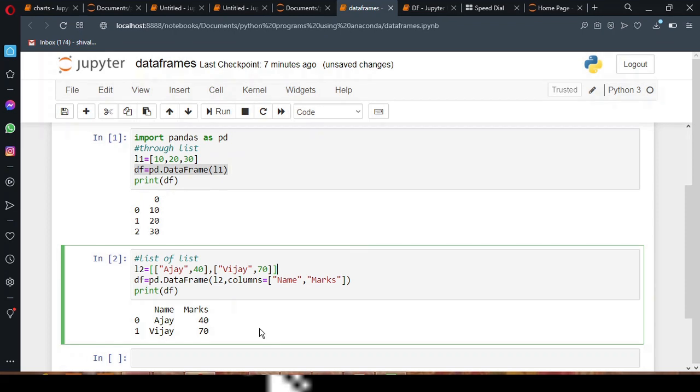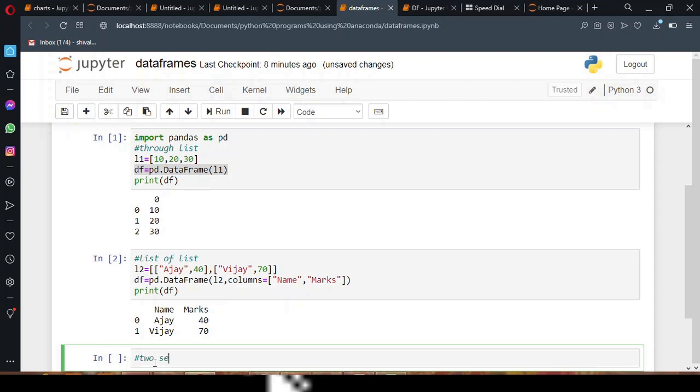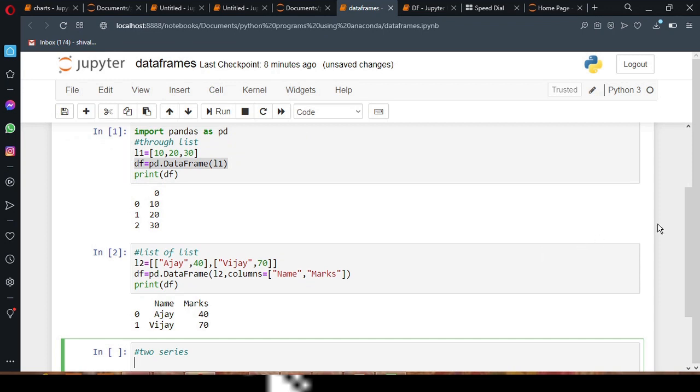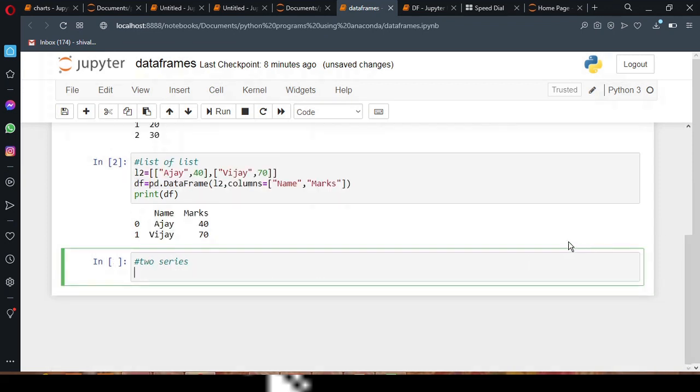So the third way is through series of data. I am going to create the data frame from two series. For defining two series, let us take two variables, maybe S1, and I am going to use pd. As you know, to create a series we have to use Series, and then inside this I am going to create a dictionary.